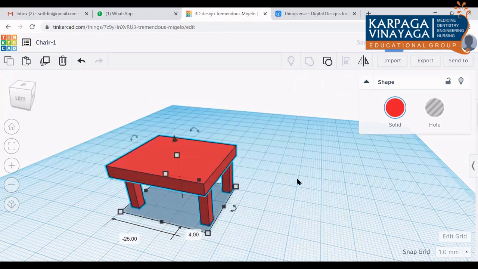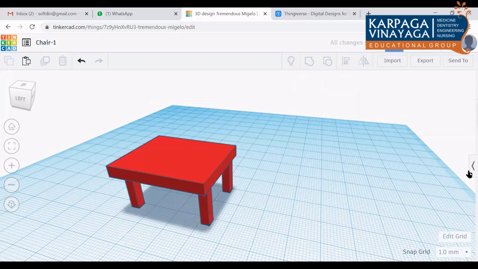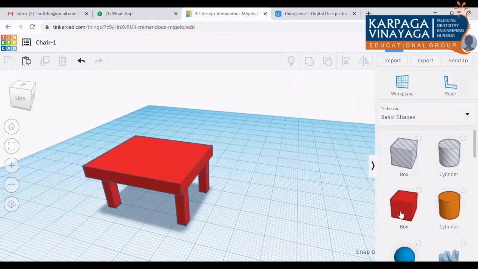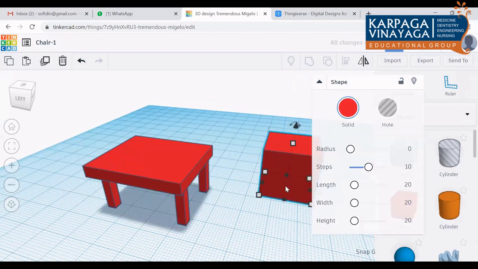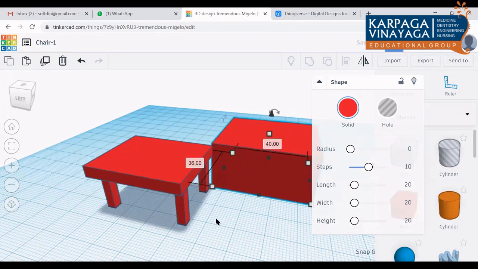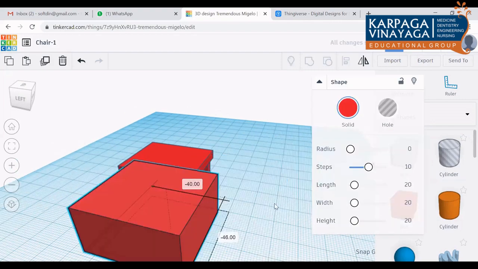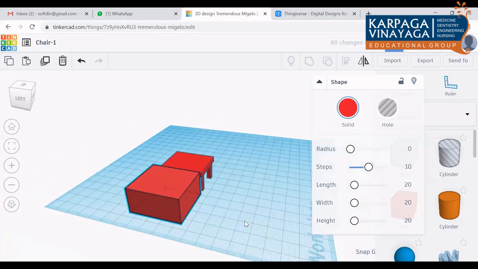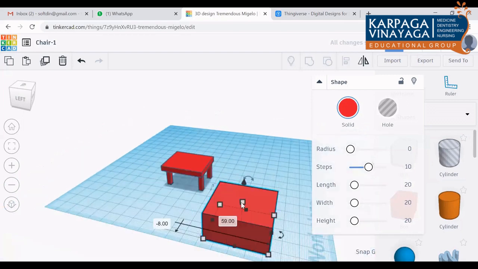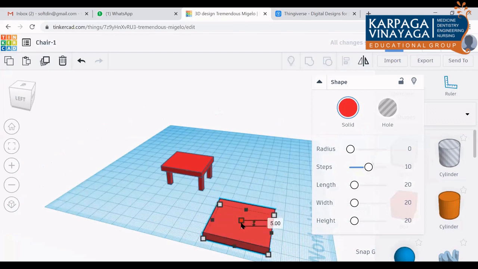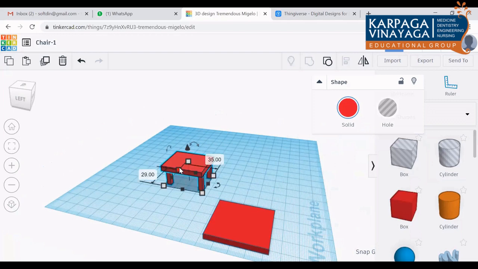Okay, fine. Once it is done, then I am going to design the back of the chair. So same rectangle, or if you want any design, you can design as per your creativity. Same rectangle. So I am going to reduce the height of this rectangle to 4 mm. So this distance should be equal to this, the top.